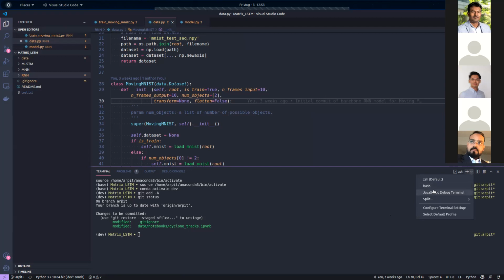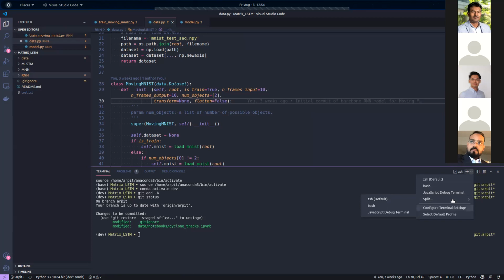So this option varies based on your operating system and what shells you have installed. In the case of Windows, by default you'll see PowerShell or CMD over here, and you won't see the Anaconda PowerShell, right? Whenever you install Anaconda on Windows, it creates a new PowerShell which is specifically for Anaconda, right?